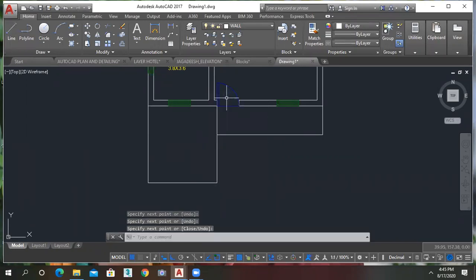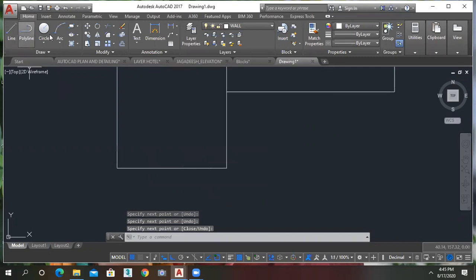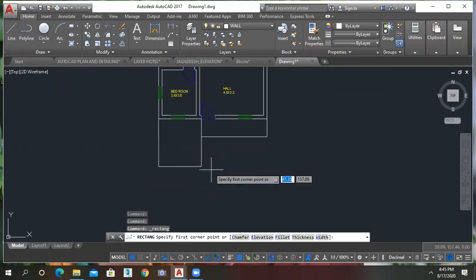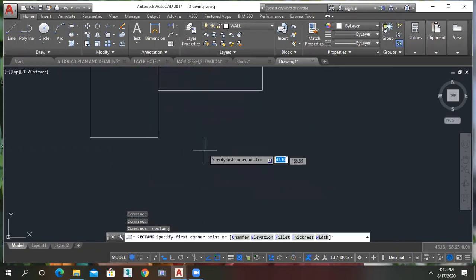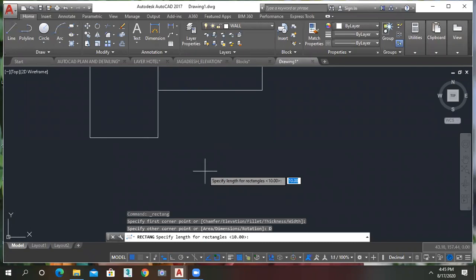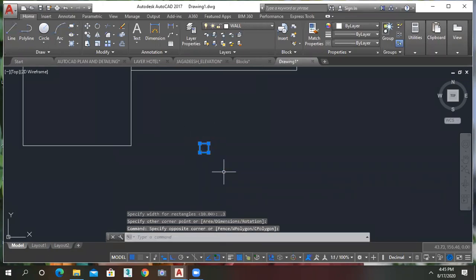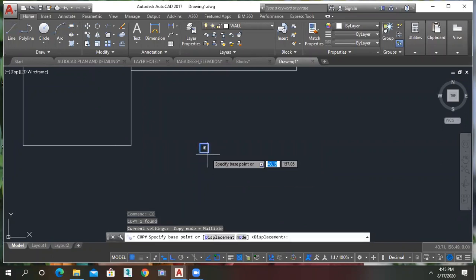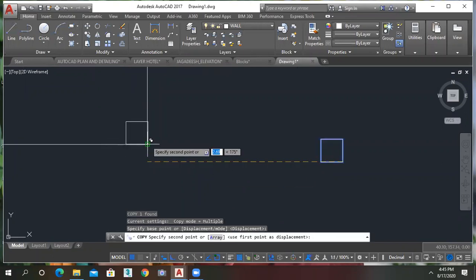If you want that, then I will send it to you in the group. Okay. So we should create the column here also. You can create one more layer for that column also. Right click. Dimension. What is the dimension of the column? As we all know, 0.3. Enter 0.3. Just copy that and place it here like this.